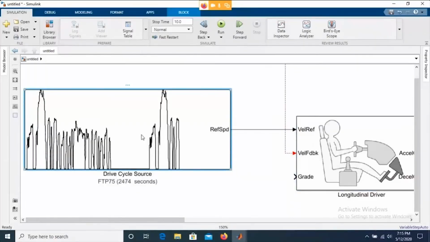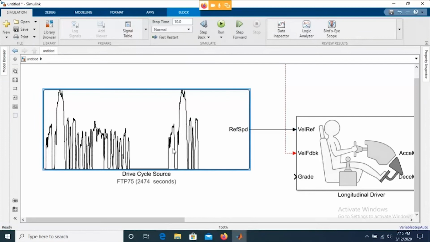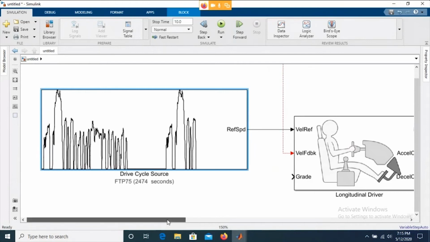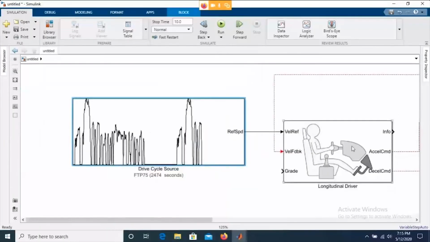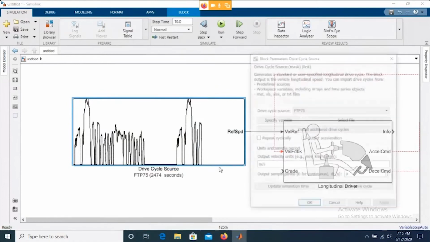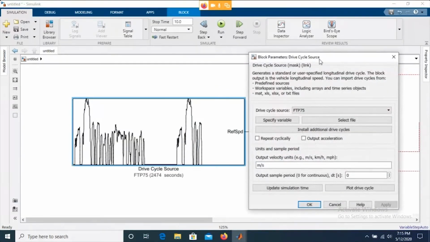This is the drive cycle source. Over here you can have your speed versus time in Excel format. It is also possible to build your signal in the signal builder block and so on. So this is all about how to create a model step by step. If I open this and plot this drive cycle, right?